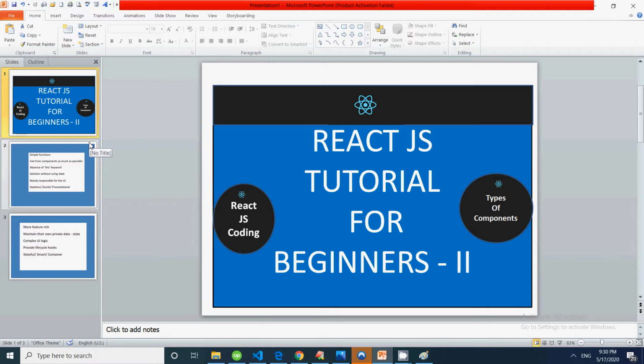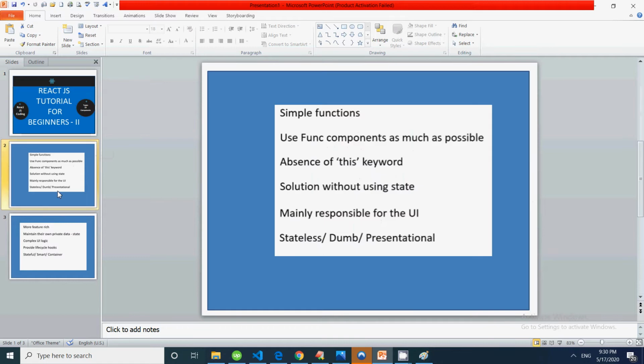It's very simple, it is stateless, it is purely used to create a component in React, and it doesn't have any complexity. I will show you how to create a functional component and how to create a class-based component.